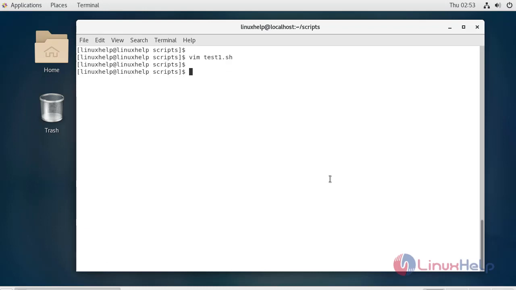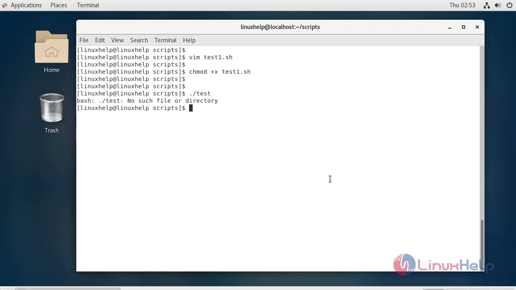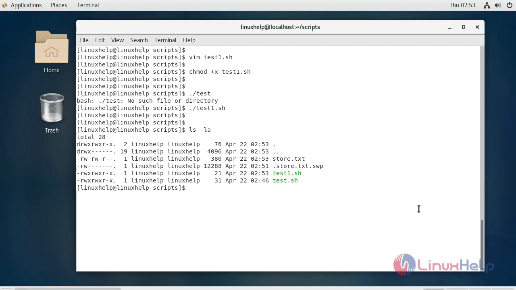Save and quit the file. Give the permission. Execute the file. List the directory. Here, the store.txt file is created.